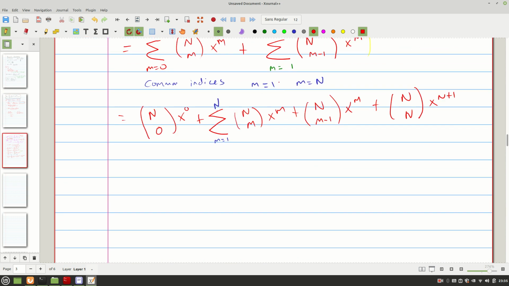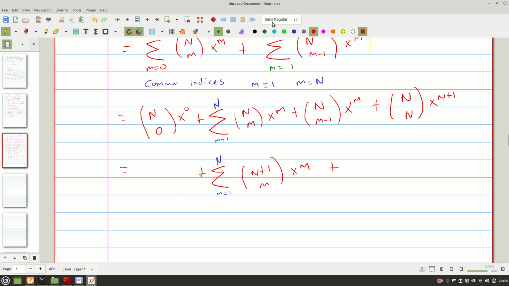If we combine them, we end up with the summation from m equals 1 until n, for this spot, of n plus 1 choose m times x to the m, plus